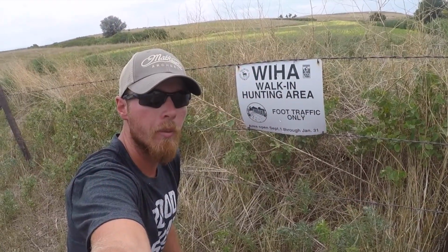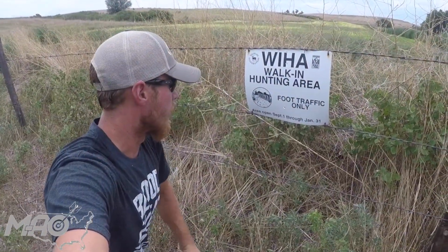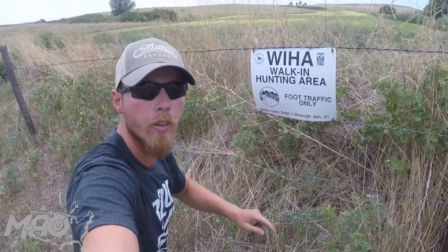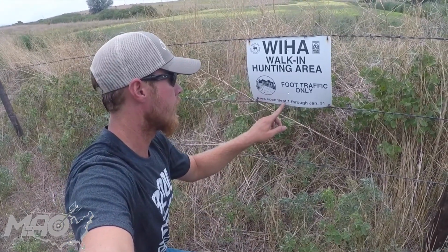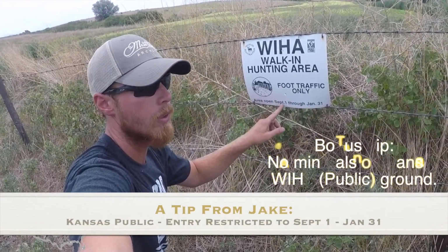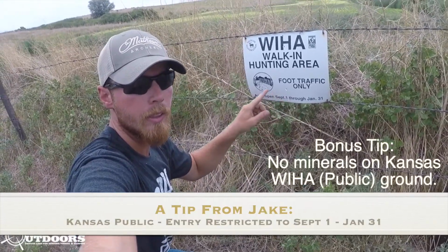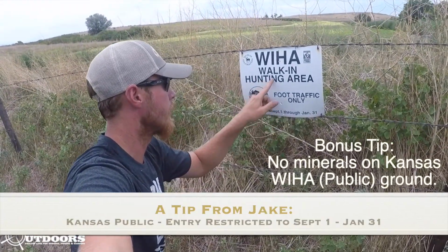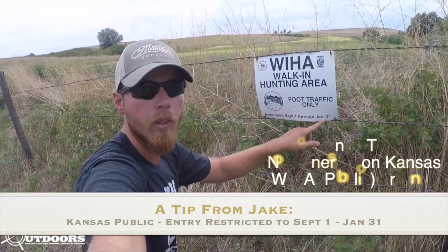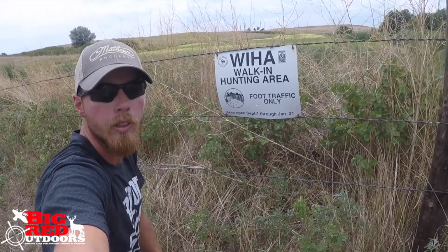As I was saying earlier on my entry video, I walked up to it to show you guys. It says area open September 1st through January 31st. That means you can't have any trail cameras, no minerals on walk-in anyway, no tree stands, nothing for deer hunting from September 1st, and you have to have it out by January 31st. That is a very crucial rule to keep in mind,